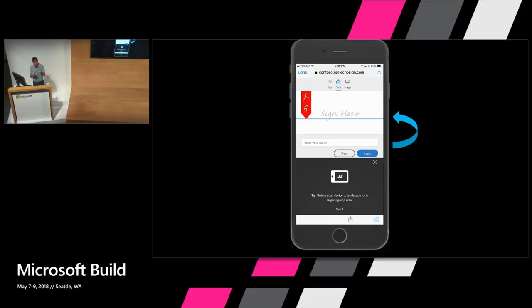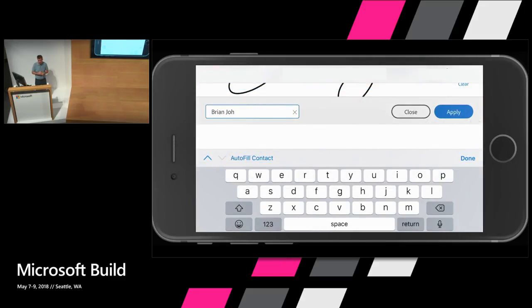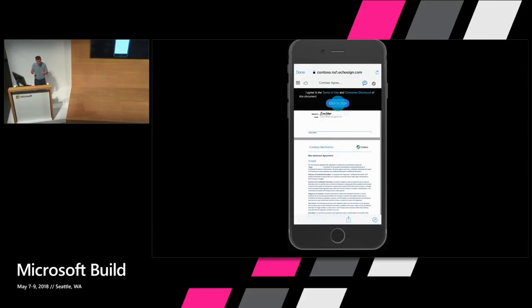Now, of course, signing something with your finger on a vertical phone is a little bit difficult, so let's have him actually flip horizontally. He'll go ahead, sign this, enter his name, and the document will be done. So, straightforward experience to actually sign this document. The information goes directly back within our integration into SharePoint using all of our APIs underneath the covers. So this is just but a sample of our integration.